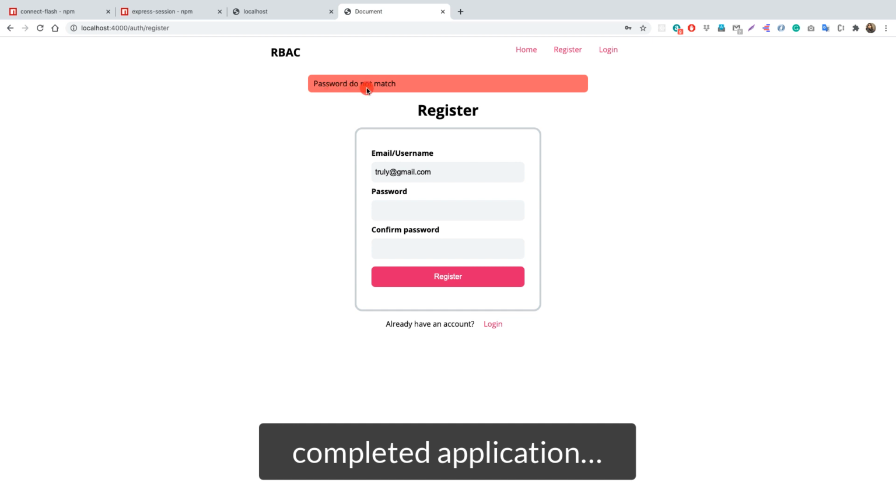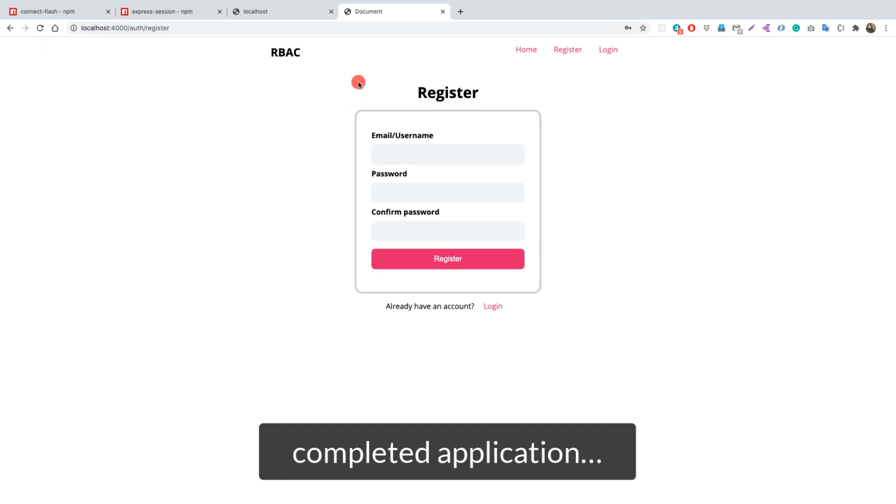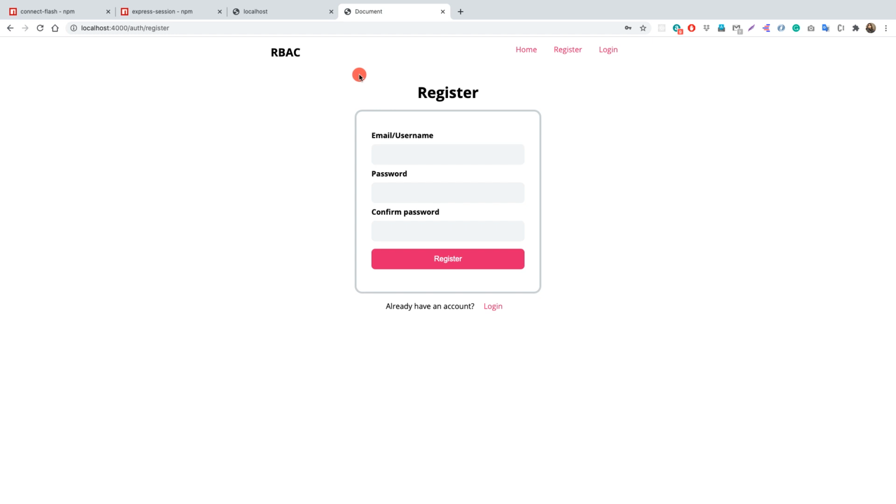Basically this is coming from the flash message, and it is of one-time use because if we try to reload the page, then this message would be lost. So we can see here that we reloaded the page and the message has gone. So that's what we are going to learn in this video, that is, how to display flash messages.